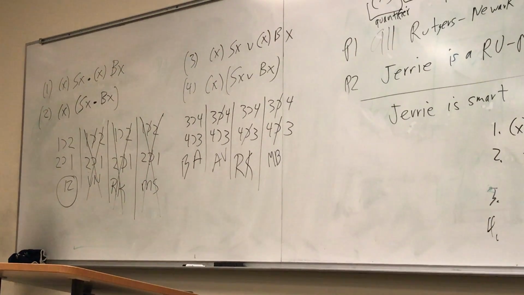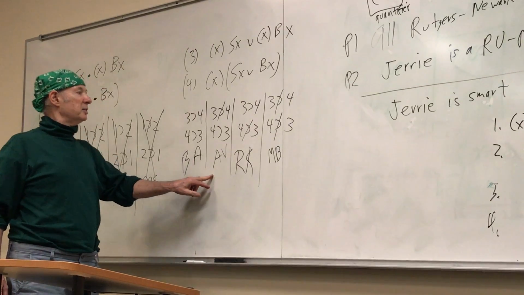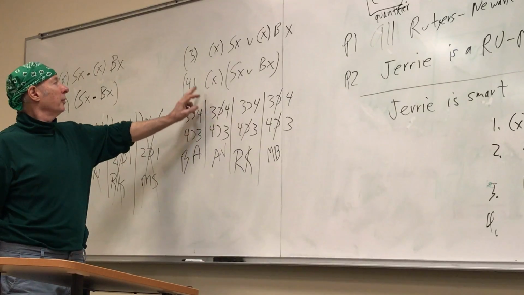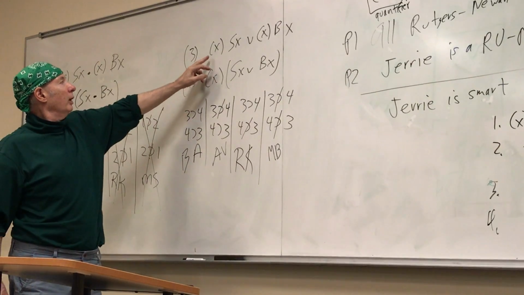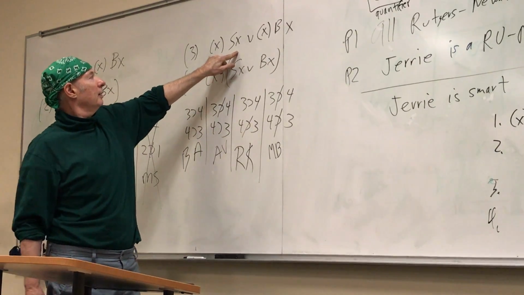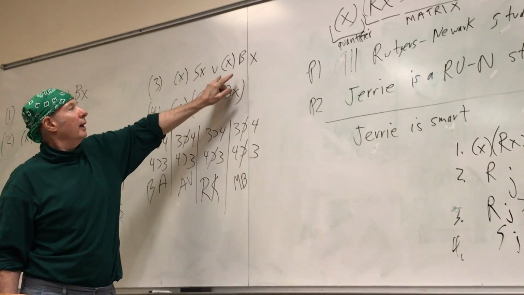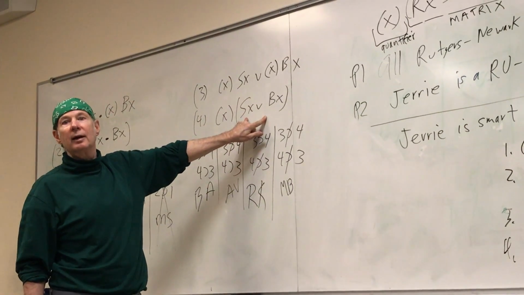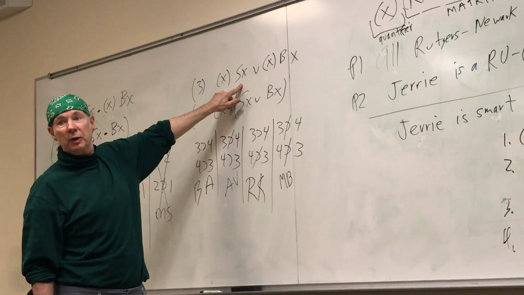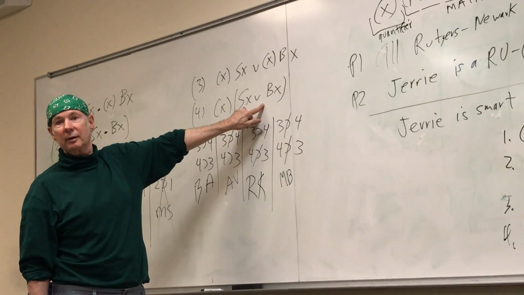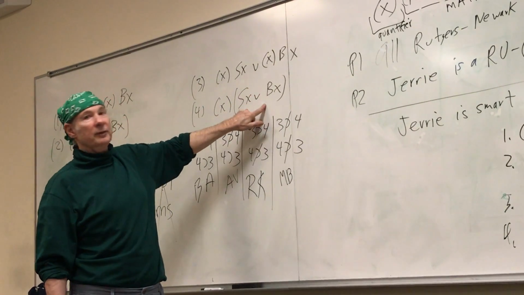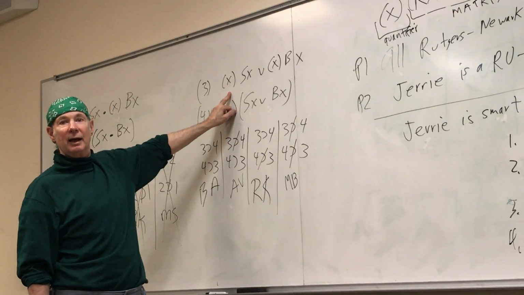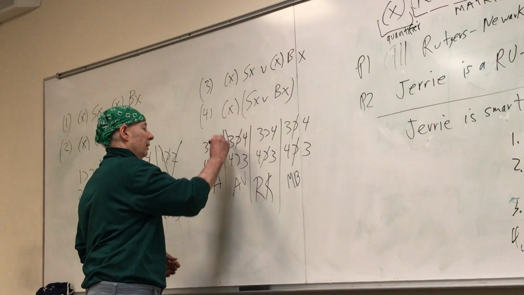So, let's see whether this is true, whether 4 does not follow from 3. So, when everything is sweet or everything is bitter, does it follow everything is sweet or bitter? Addition. If everything is sweet, then everything's sweet or bitter. If everything's bitter, then everything is sweet or bitter. So 4 follows from 3 by addition. Ruling this out,